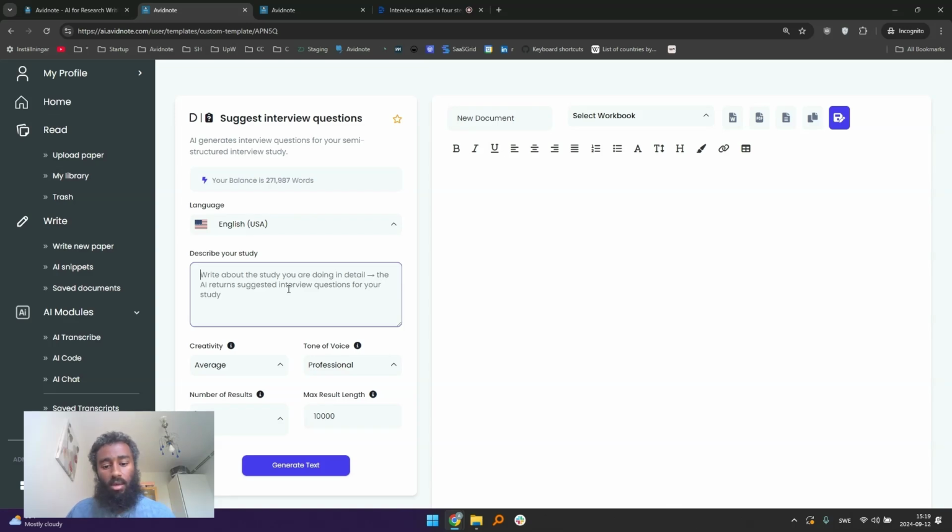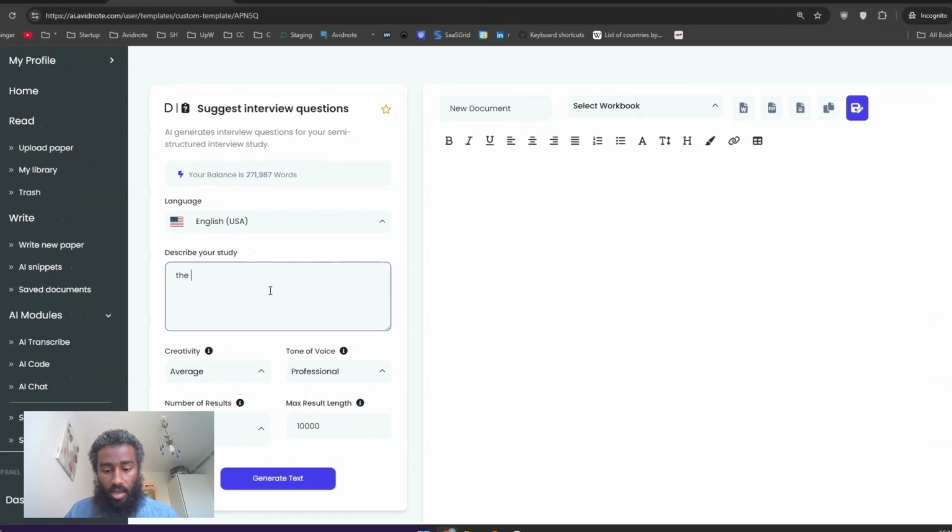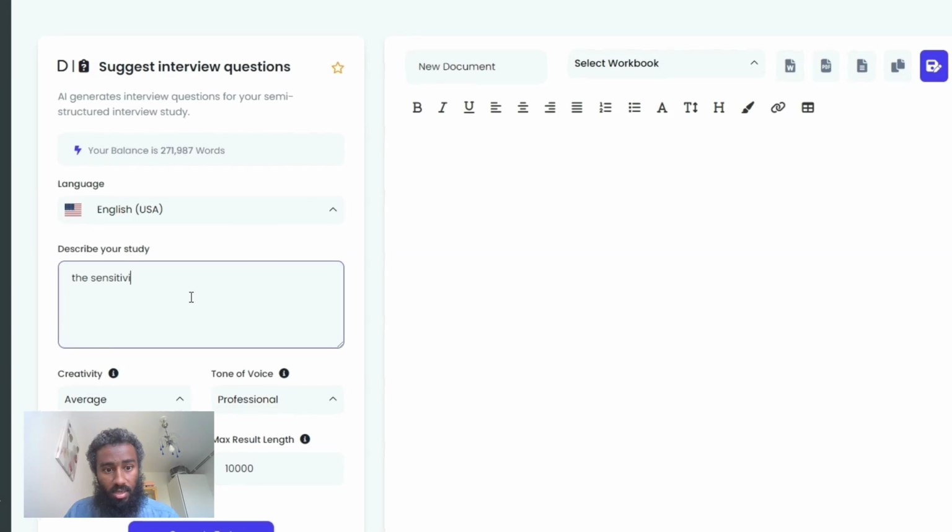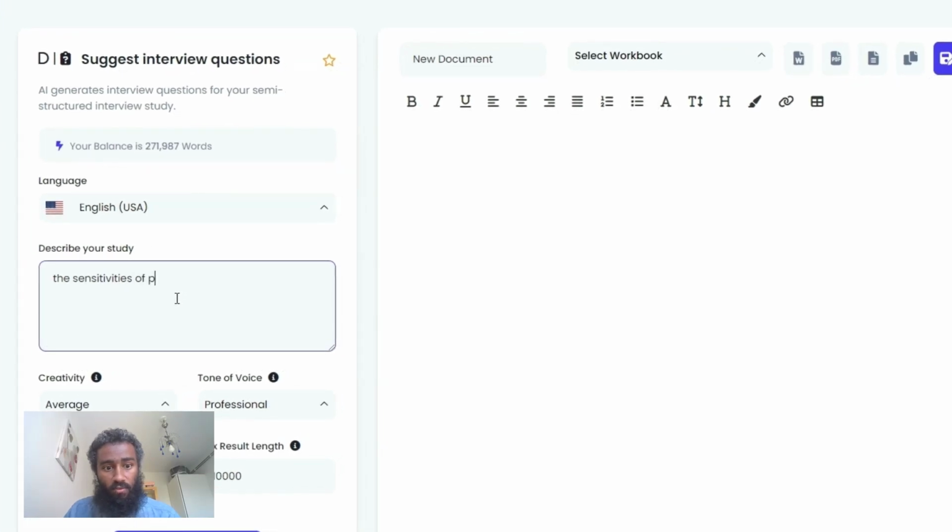So I want to study the, say, sensitivities of the general public with regards to nuclear power, if they fear it, and so forth. So now, obviously, if you're going to do a study, you would be much more detailed. You wouldn't use imprecise language like this, and your research questions would be much more narrow. But for the purposes of this video, I'm just going to keep it very general, and we're going to click